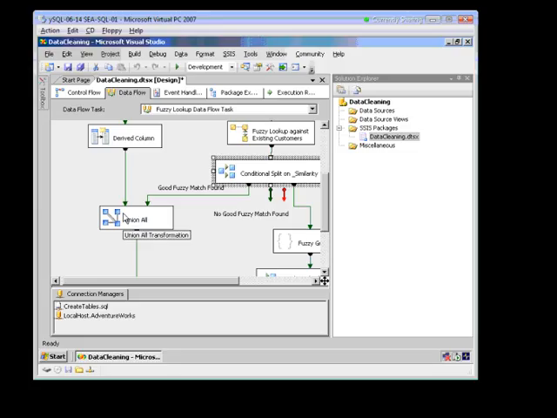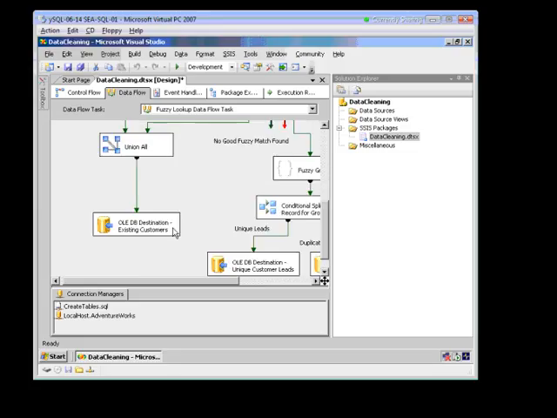The union all task takes the rows that had an exact match earlier in the data flow. This means by using the fuzzy logic capabilities of Integration Services, we're automatically able to further match and clean up the data without having to manually examine it, which is an important time-saving feature for database administrators and developers. The union all task output has been determined to be existing customers and is sent to our data destination further down in our diagram here. There we go. So that's going to be our output of existing customers. If no good fuzzy match is found, then the data is sent on to a different task